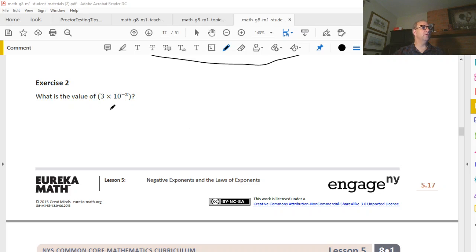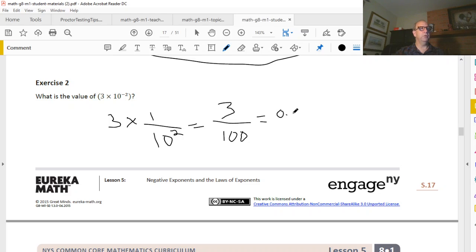What is the value of 3 times 10 to the negative 2? So 10 to the negative 2 would be 3 times 1 over 10 squared. So that would be 3 over 100. And we should remember from last year, 7th grade, 3 over 100 can be made into a fraction, 3 divided by 100, or we can just say 3 100ths. So that would be the hundredths place,